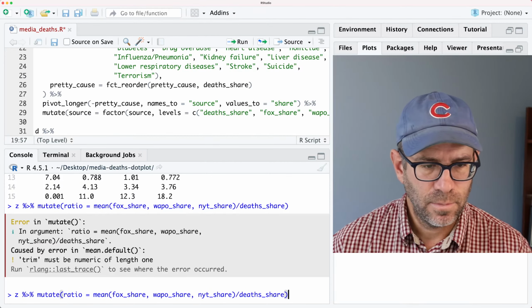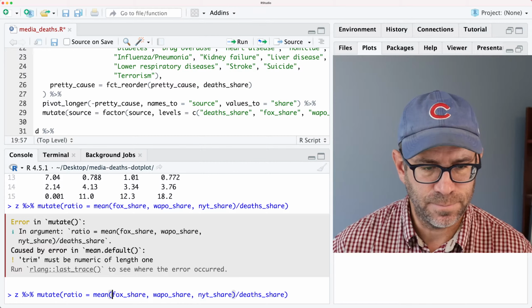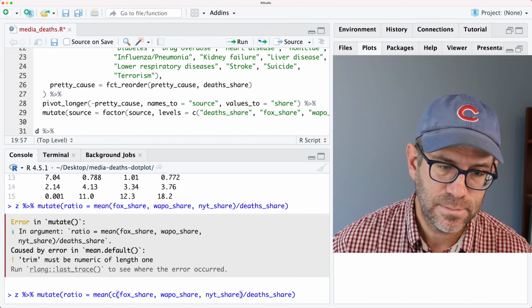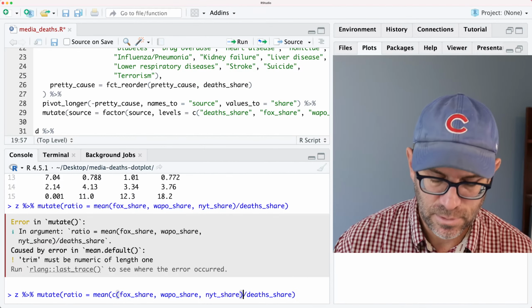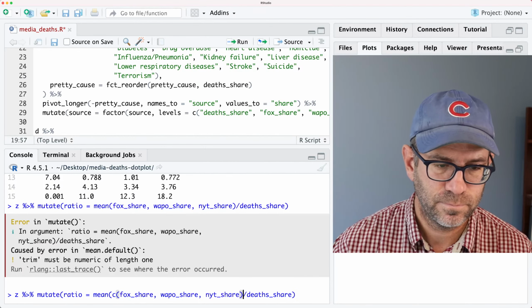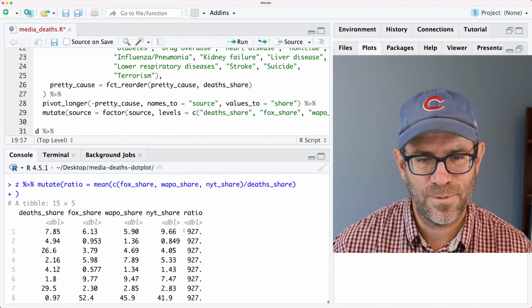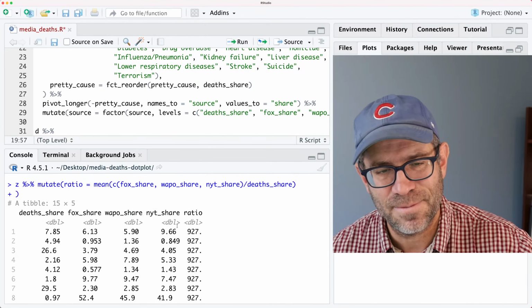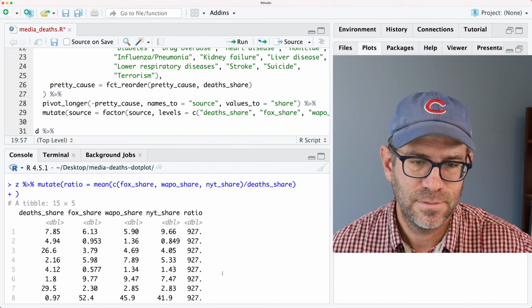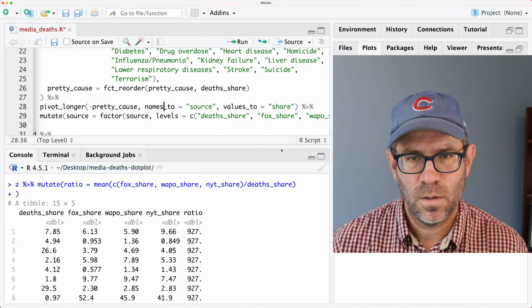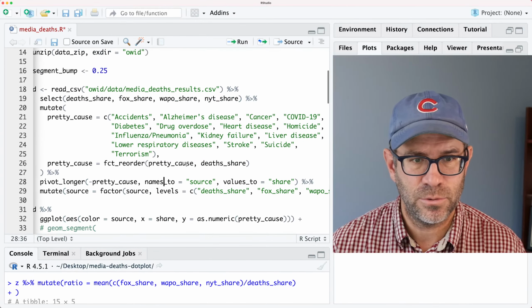Oh, because this needs to be a vector. But I don't think this is going to do what I want it to do. Yeah, this isn't going to do what I want it to do, because it's taking the mean of all of the columns divided by the ratio, okay? So I think what I'll do,